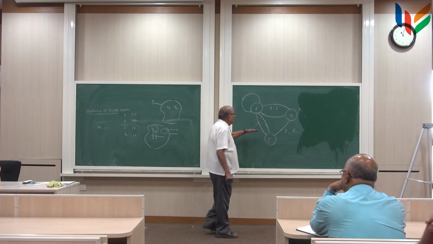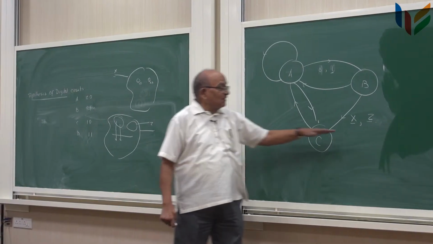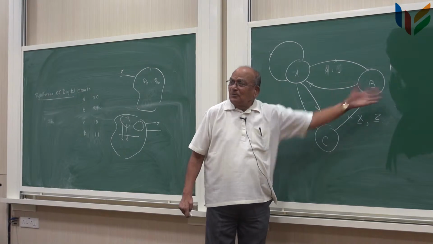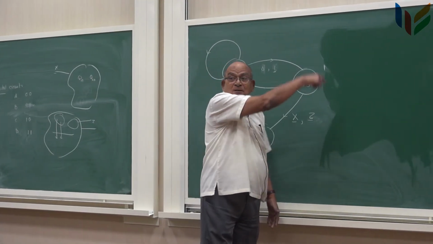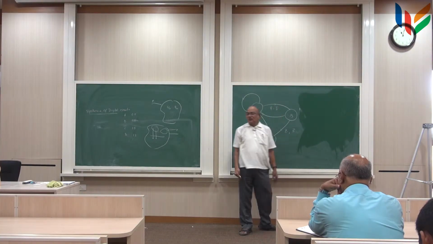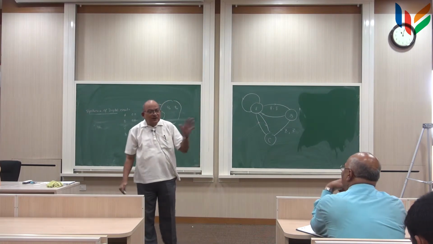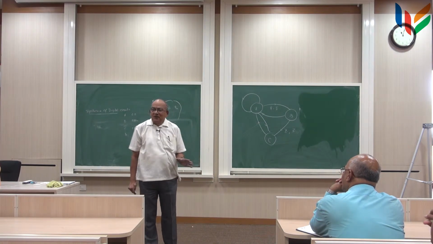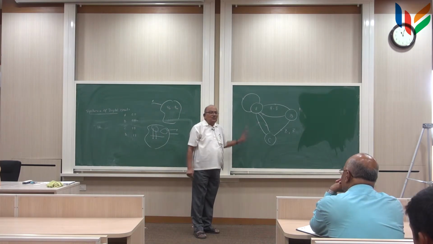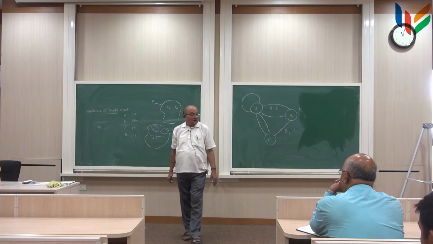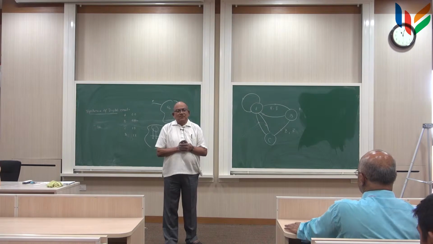Somebody called it a mood diagram, somebody called it some other diagram, some people call it a table. This can also be represented in a table form, saying that to move from A to B, what is the input and what is the output. So people have used all kinds of representation, but for the design of a digital machine, all that you need is this. And given this, you will have to decide what hardware goes into making this system. Okay?